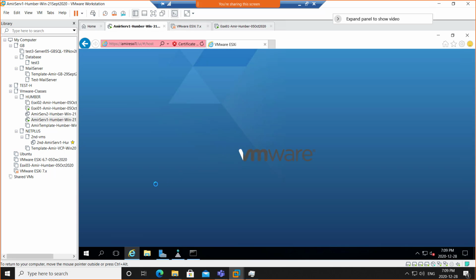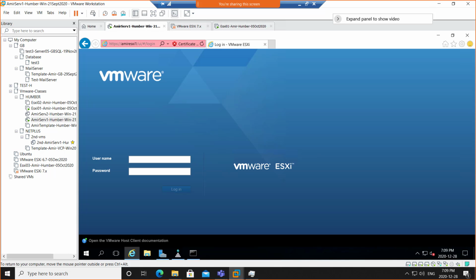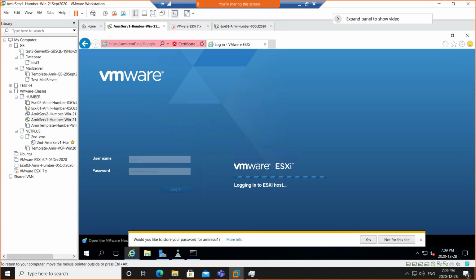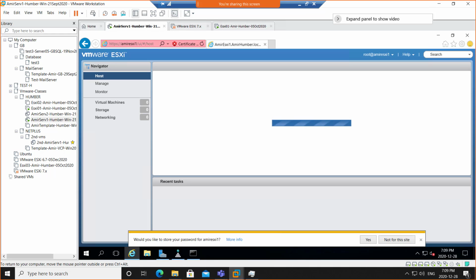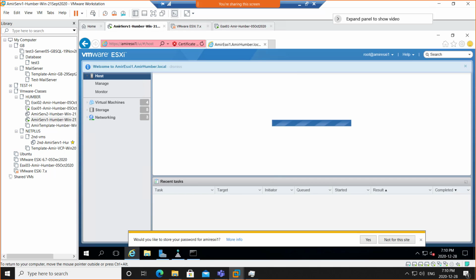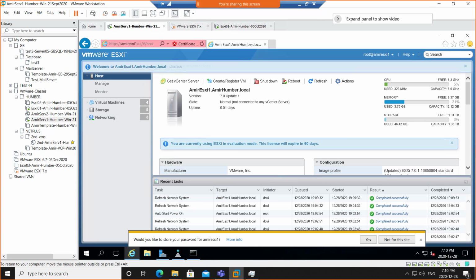and then connect. So root and the password. I'll go for root and the password. So are you able to connect? Connect. So let's go ahead and